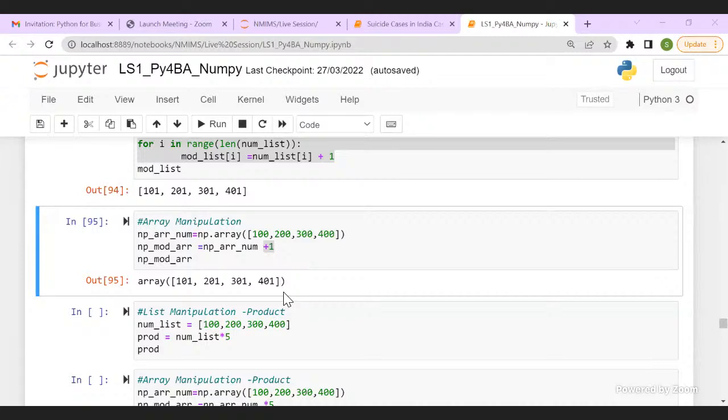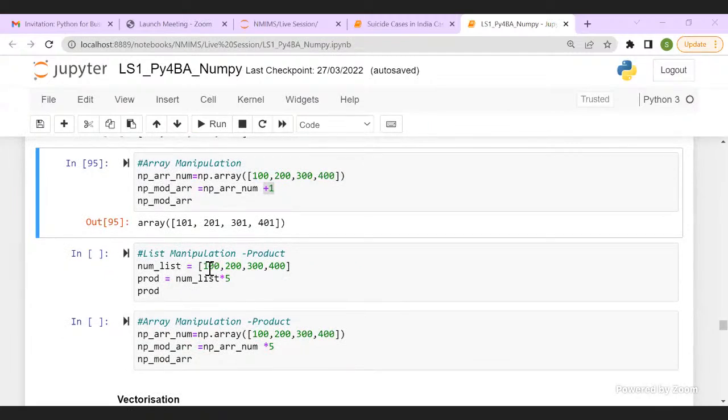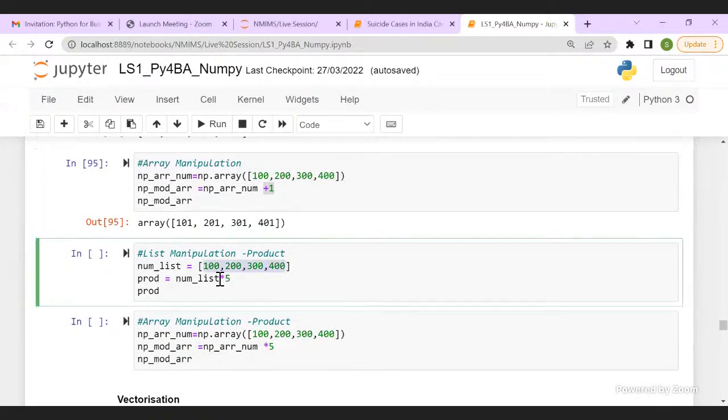Now, what if I have to do a product? Okay. Can you tell me if I have a list and I say asterisk 5, that is a sign for multiplication into 5, what output I'll be getting here in the list manipulation? Can I have some answers in the chat?